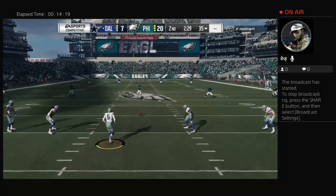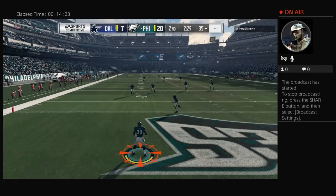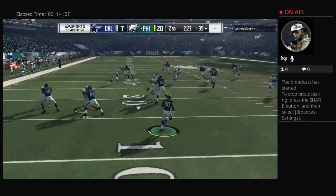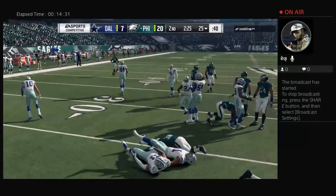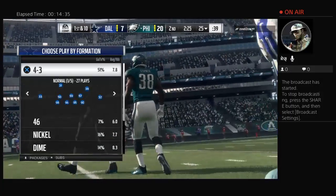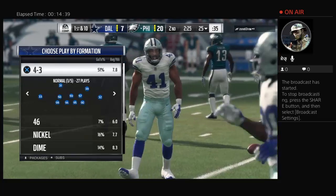Bailey now to kick this one away. This will be taken to the back of the end zone. And all that work, but he stopped where he ultimately would have been, and he's simply taken a knee, and that's the 25-yard line. But before the possession switches here, I had written down that I wanted to talk about